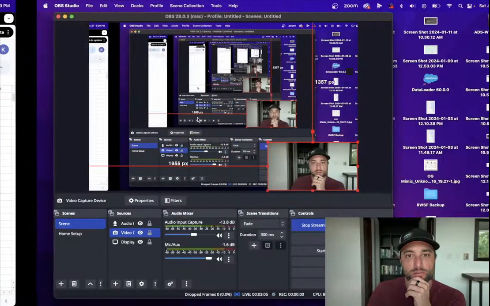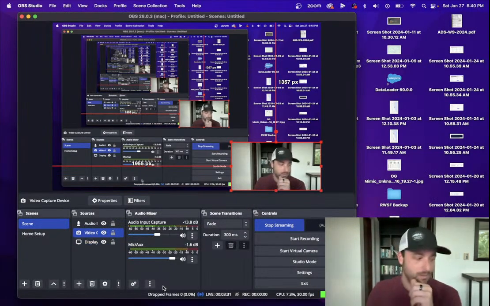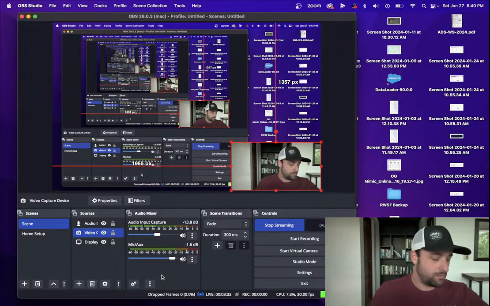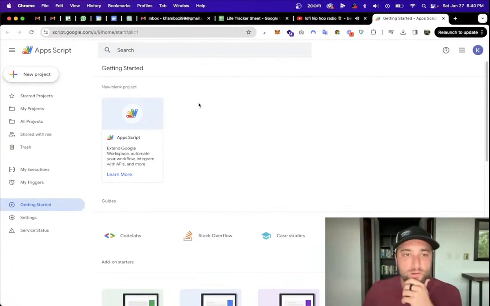Let me open up Google App Scripts really fast. Trying not to show my private information, so I'm gonna hide my screen for a moment. I'll do my best not to show private info, but you never know. Okay, so we got that open. Let's re-enable the screen share. Okay, so let's see,